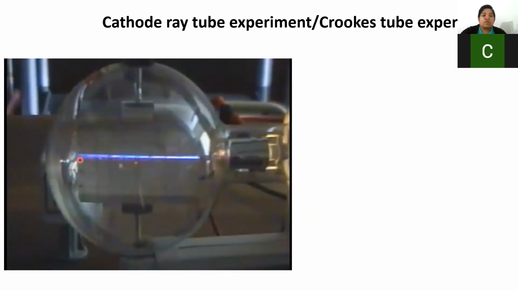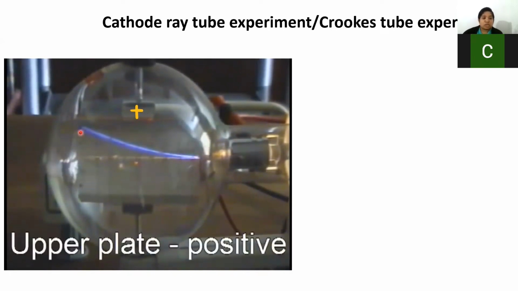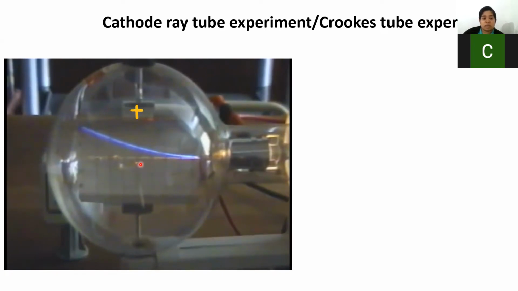But when we turn on the plates and provide a positive charge to this plate, you can see this cathode ray beam is going to tilt towards the